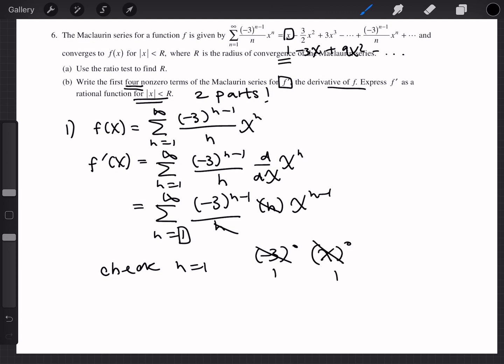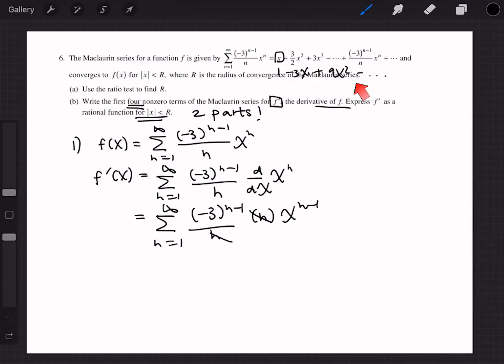Let's write out the terms. N equals 1 is 1 times x to the 0 plus negative 3 x to the first plus 9 x to the second plus negative 27 x to the third, which is just 1 minus 3x plus 9x squared minus 27x cubed. To show strong writing at the end, the plus dot dot dot